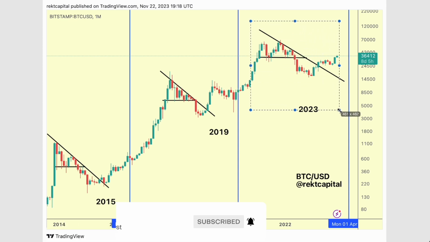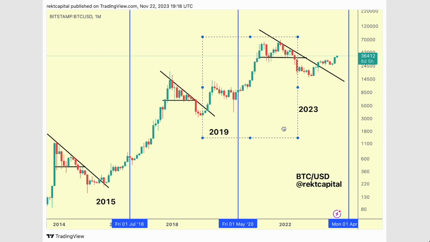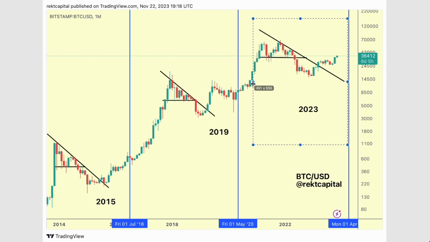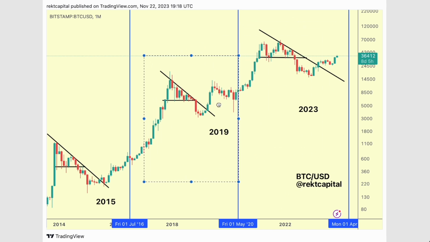So we tend to see macro triangles form for Bitcoin across every cycle, and it's no surprise that these macro triangles develop prior to the halving event, which is denoted here in this blue vertical line. Before the halving is when we tend to see a macro downtrend get broken in order to enable a new macro uptrend. And this has been the case many times in previous cycles, and it's very different how these macro